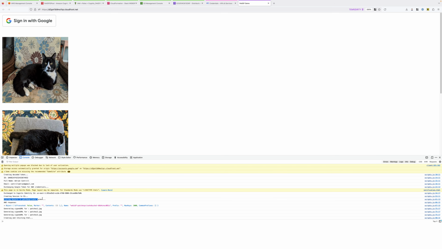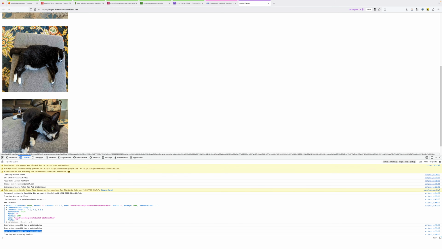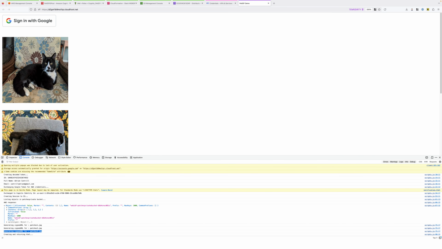Then it lists any of the objects inside the private patches bucket. It uses that object listing to generate a set of pre-signed URL operations against S3. So it generates pre-signed URLs for each of those objects, and then that HTML is returned to the browser, and the browser renders those pre-signed URLs. So what you'll see start appearing are any of the images inside the patches private bucket. In this case, we have 3.